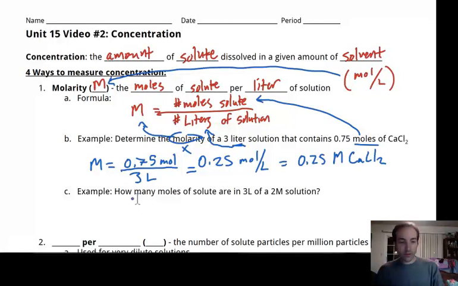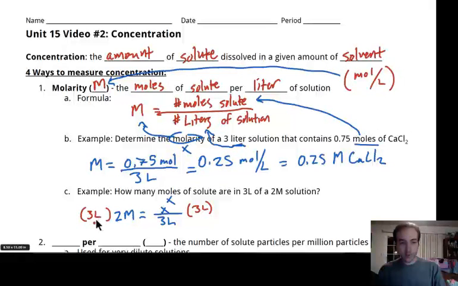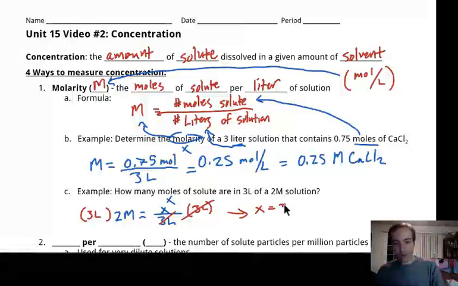Here's another example of how they could do it. How many moles, so moles are going to be our x, are in 3 liters, so there's our volume, of a 2 molar solution. So 2 molar is going to be our molarity, and we're going to write that first. So 2 molar equals the number of moles, that'll be our x, over 3 liters. To solve this one, I want to get x by itself. X is being divided by 3 liters, so I can simply multiply this side by 3 liters, and multiply this side by 3 liters. That's going to give me x equals, because these cancel out, x is all by itself, equals 3 liters